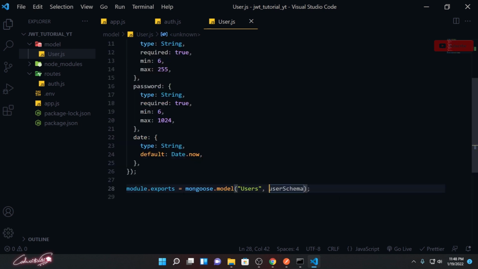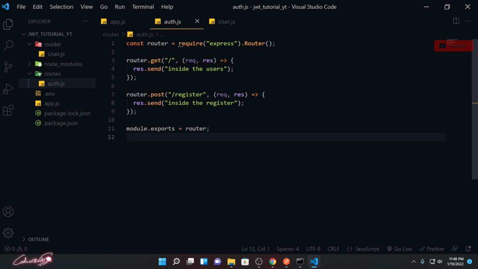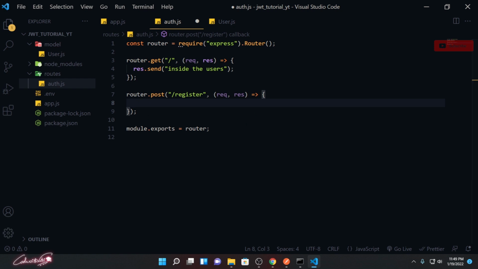Okay, currently nothing will affect your MongoDB database because we never used it. We need to use it at the time of register. By the time of registering, we are going to use it inside our auth.js. So inside the auth.js, you need to use that package.